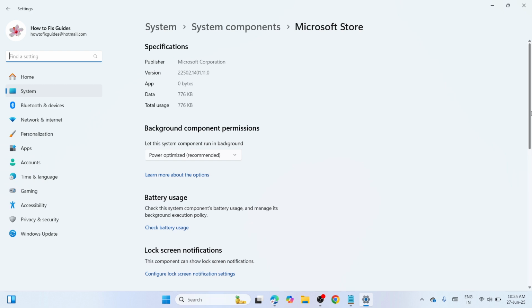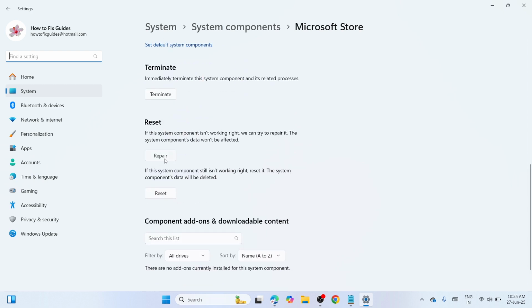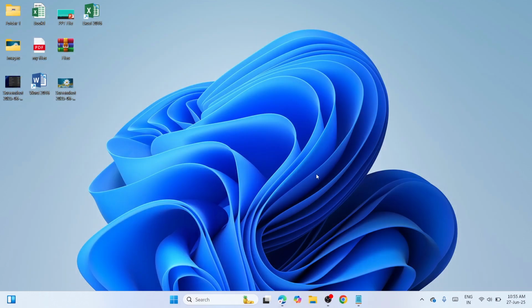No need to go with the apps one by one. Now from that, scroll down, click on repair and reset. So need to repair and reset the Microsoft Store. Wait until this would be finished. And once you are done with this, check if the error has been resolved. Okay. If not, then you need to proceed to the next solution, and that is to clear the Microsoft Store